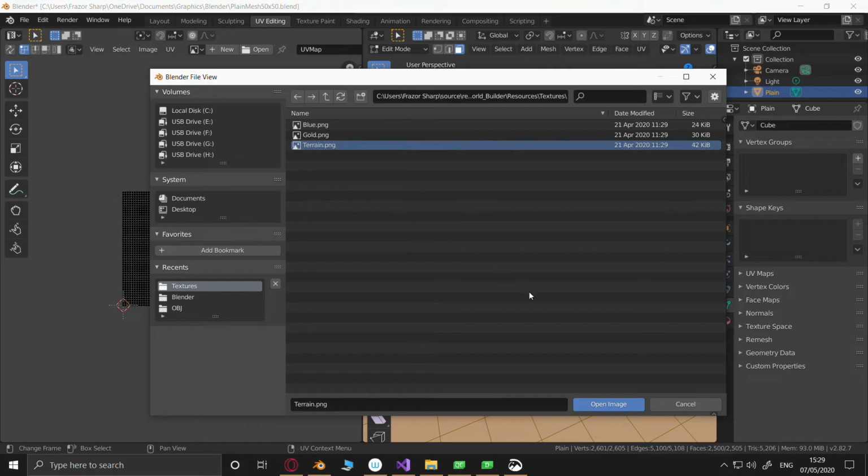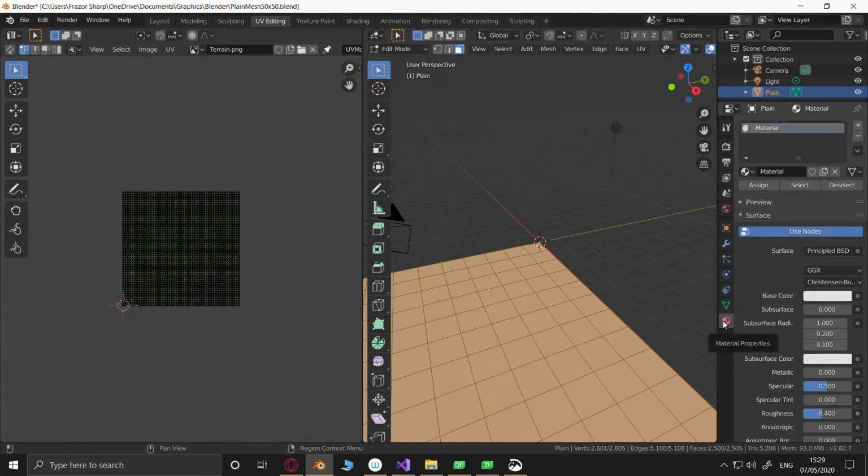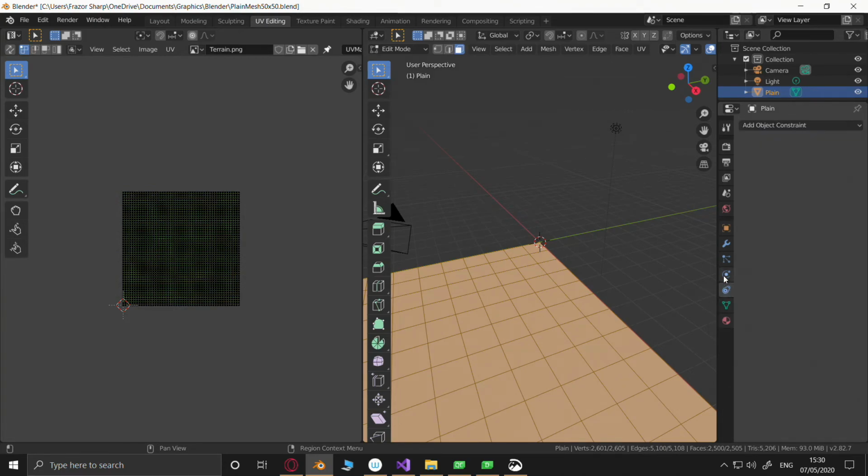Did I mention to anybody that I haven't got a clue what I'm doing here? Terrain PNG, image, yes. Select. Okay. Fine.